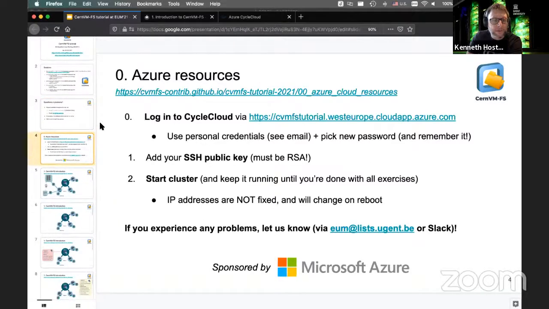So first of all, we have resources available in Microsoft Azure in the cloud for this tutorial. So you get a couple of very small VMs there. They only have 2 cores each, but that's enough for this Cvmfs tutorial. You got credentials for this in an email. So you have a Cvmfs user name that ends with 3 digits and a random password. With this, you can log into the